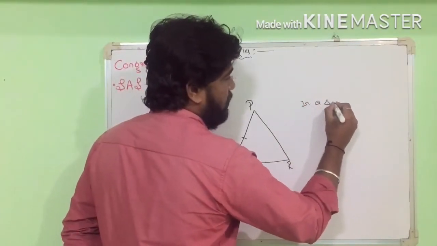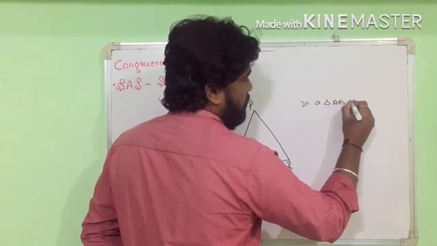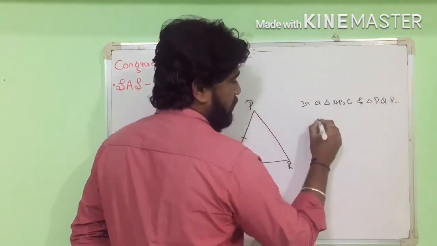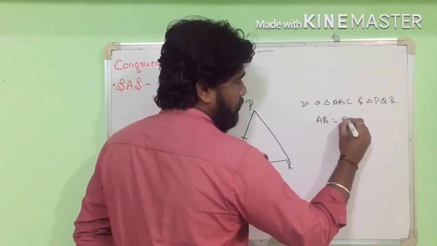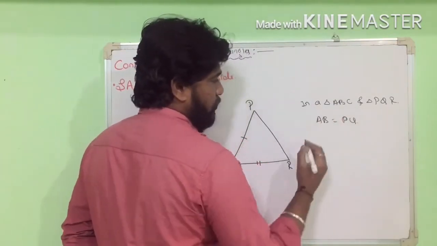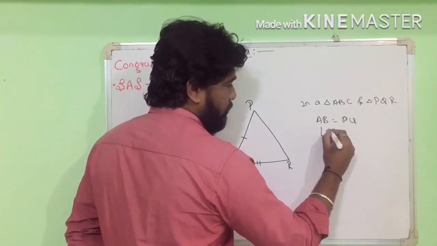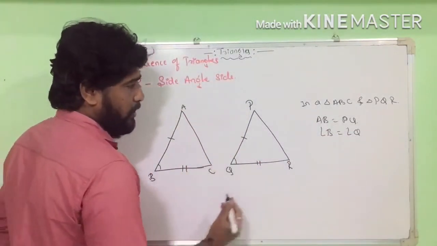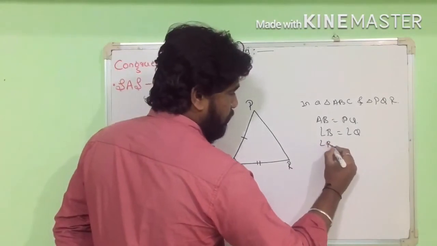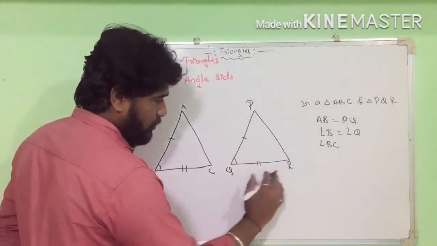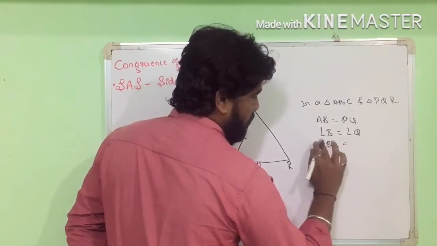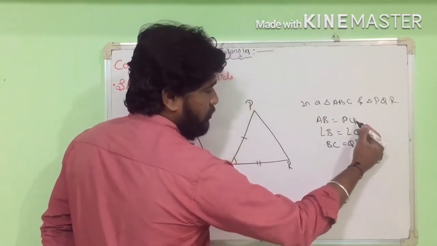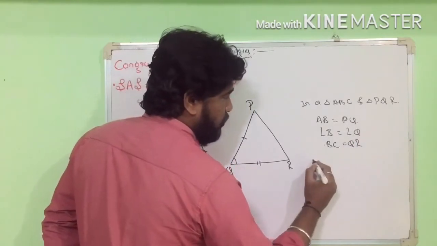In a triangle ABC and a triangle PQR, AB is equal to PQ, and angle B is equal to angle Q, and BC is equal to QR. So side, angle, side. So these two triangles